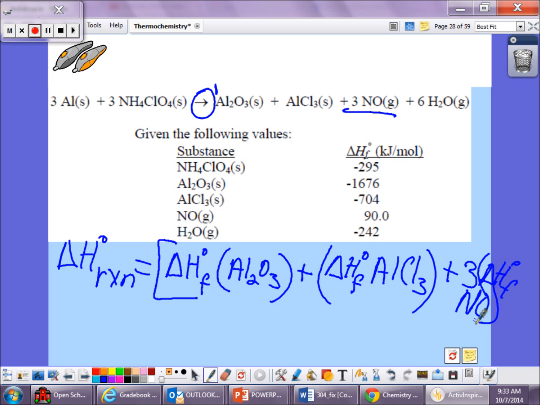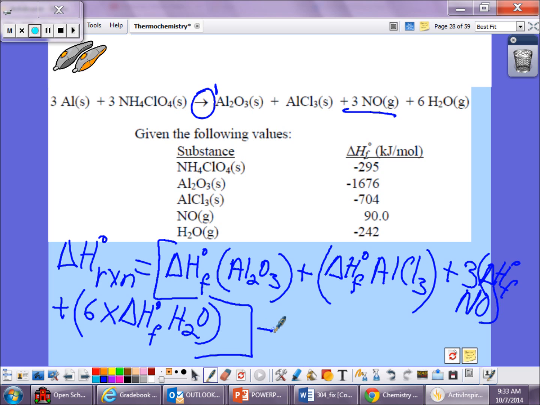I still have one more product, plus open parentheses, 6 times the delta H of formation of H2O. Close parentheses. I am done with the products. I close the bracket,